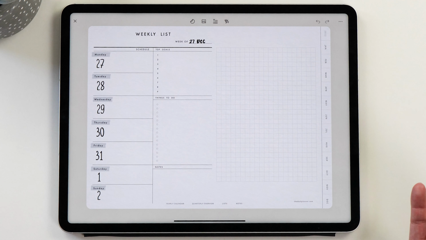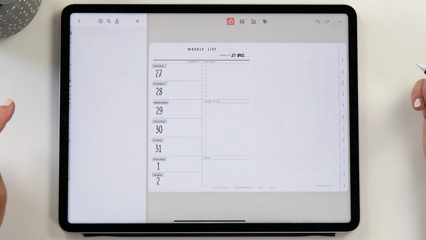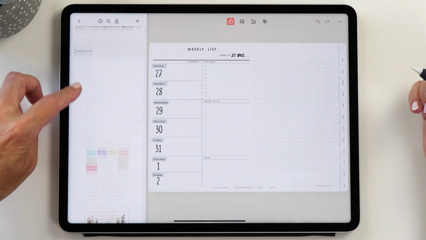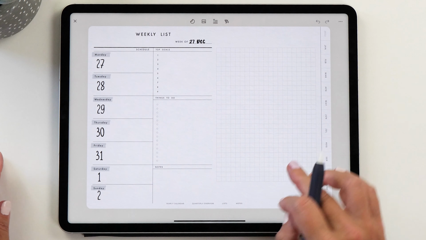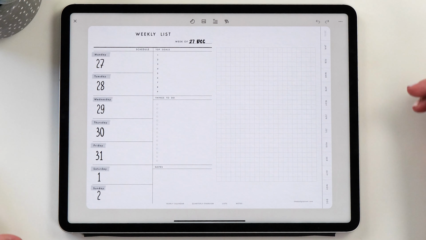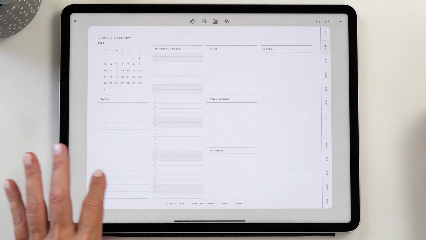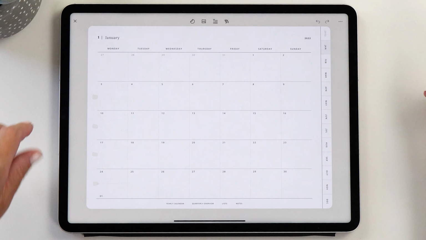And of course, if you wanted to, you could create your daily pages as well. You can choose one of the Zinnia templates. There is quite a few daily planners here as well that you could choose from. So this is completely up to you, but I very much prefer having a free form template for my daily logs. And then of course, last but certainly not least, we can now also add some embellishments to our pages.